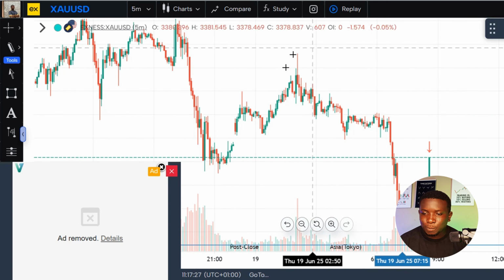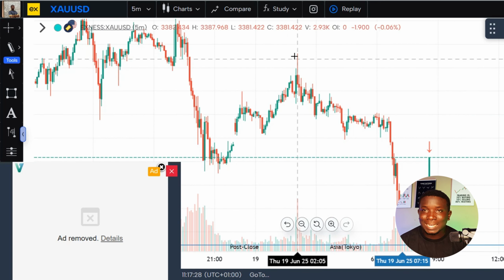I could see that this market has actually created a high, and every single day we do have a high and low created in every market, no matter which pair you are trading. Are you trading XAUUSD? You're trading NASDAQ? You're trading stock? You're trading crypto? Whichever you are trading, every single day has a maximum high and has a maximum low, okay?